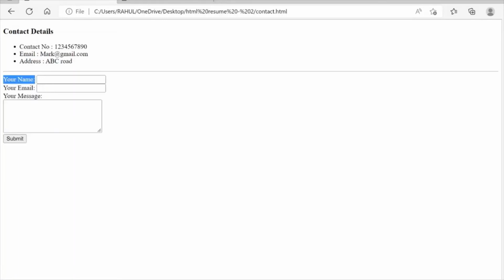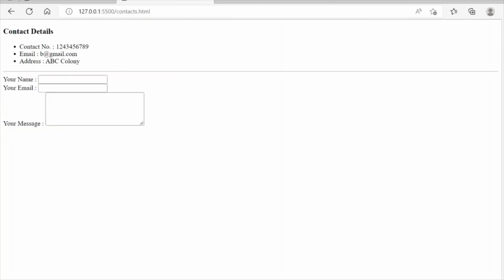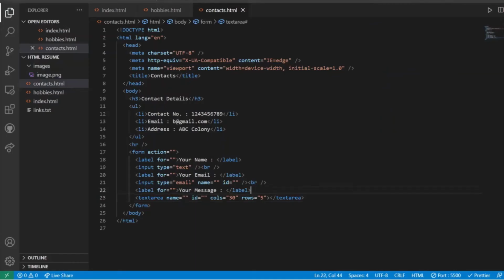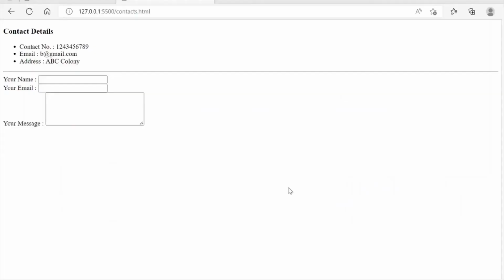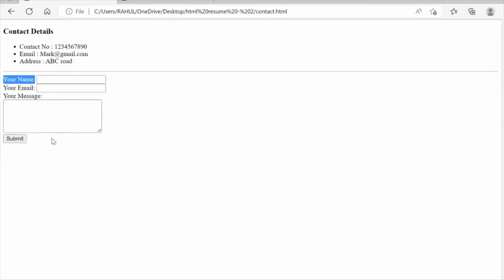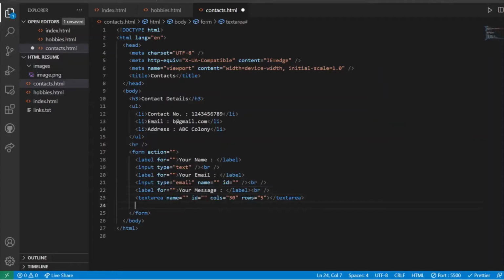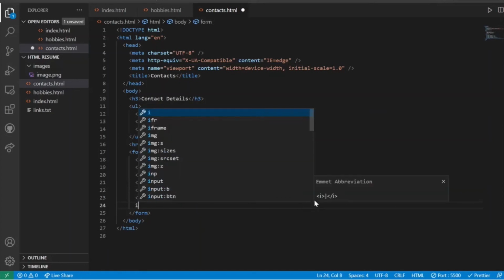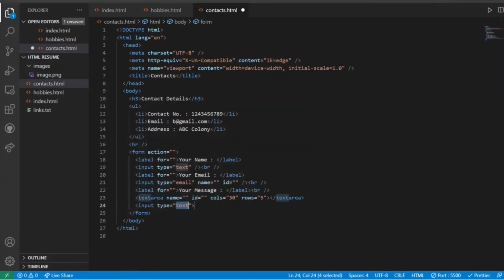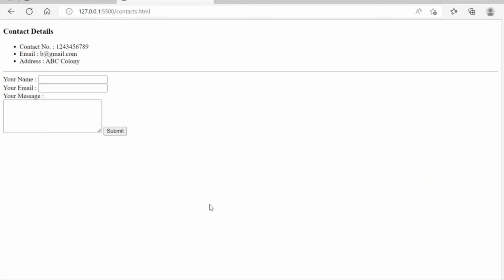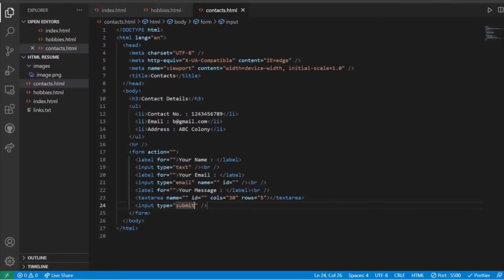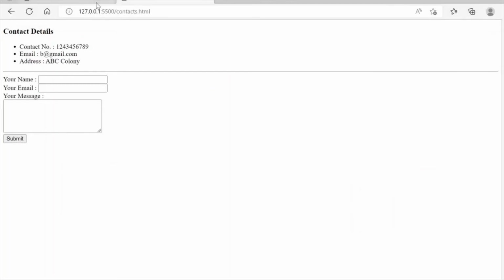So what we want is the new message text first, and then in the next line we want the text area. For that, we are going to put a line break over here. So you can see this is done. Now the last thing, we need a submit button for this. So for that, I'm again going to take an input which will be of type submit. Once this is done, our page will look exactly the same. One break needs to be done here, and this is the structure that we have obtained.